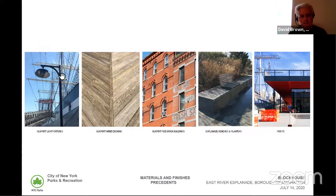The existing product design of the waterfront, obviously the wood decking mentioned earlier, the red brick and masonry context. Also the new esplanade benches, the concrete materiality that's being introduced is also for durability. And then also elements like the FDR underpass and Pier 15, where they're using a pop of color to really help